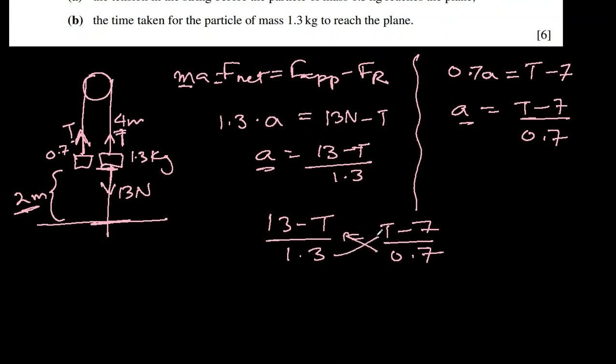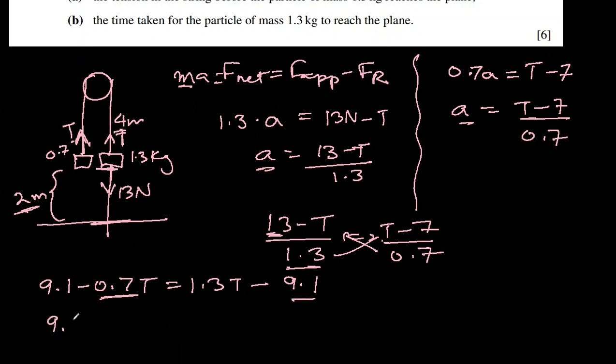Let's cross multiply. 0.7 times 13 is 9.1 minus 0.7T. 1.3 times T is 1.3T minus 1.3 times 7, which is again 9.1. Let's collect T's together. I'll bring this 0.7T to the right and 9.1 will go to the left. So 9.1 plus 9.1 equals 1.3T